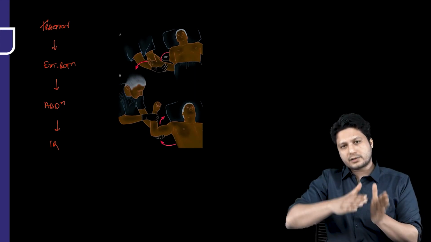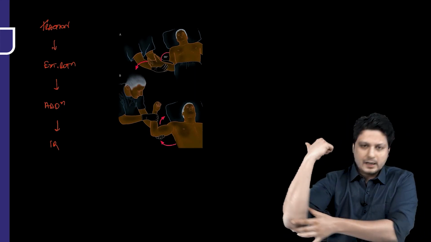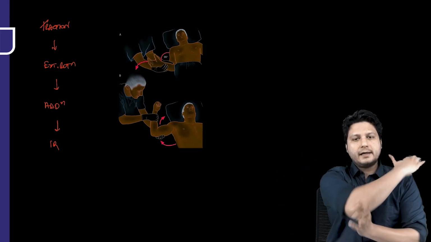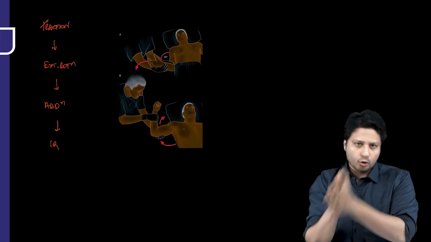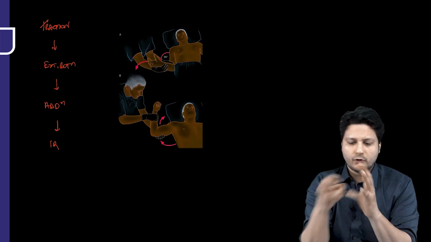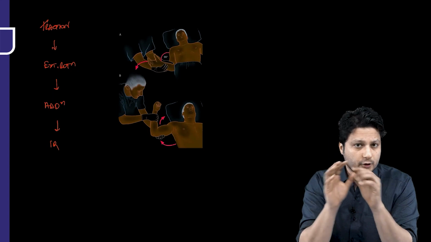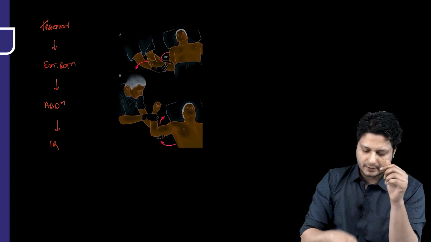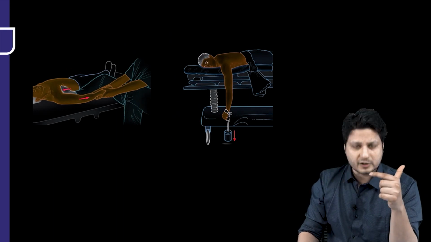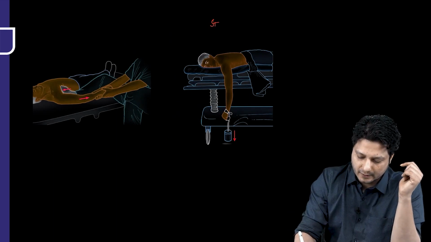Alright, so the steps you are following are: while applying traction, you perform external rotation, then adduction and internal rotation. With Kocher's method, the head of the humerus which is acutely dislocated would be reduced back into position, and it is considered to be the most commonly used method. Now there are other methods also, like Stimson's method. I told you the second one is Stimson's method. Now in this Stimson's method, what is happening,